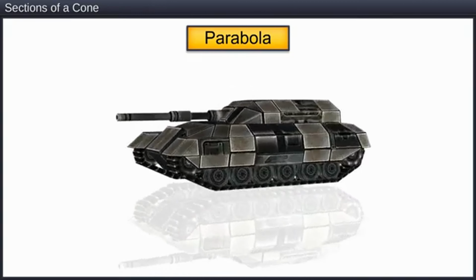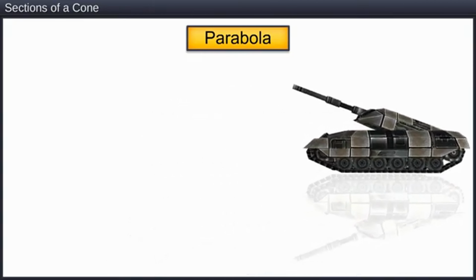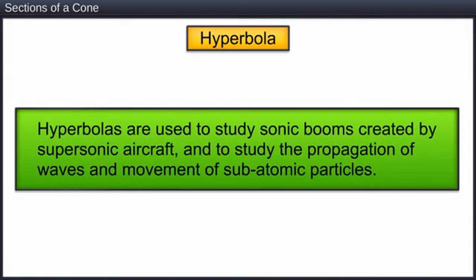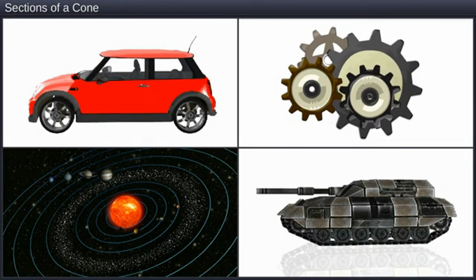Parabolas are used to study the trajectories of projectiles. Hyperbolas are used to study sonic booms created by supersonic aircraft and to study the propagation of waves and movement of subatomic particles. Thus, the study of these conic sections finds many practical applications in different branches